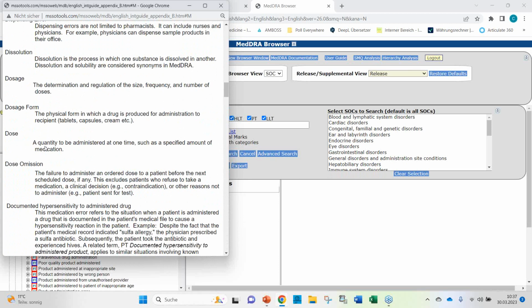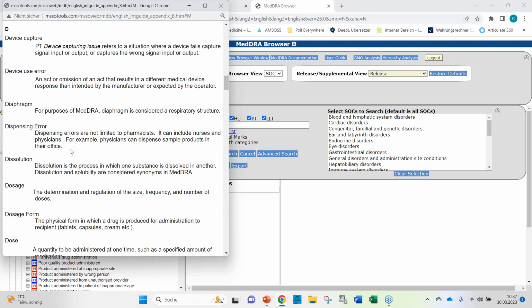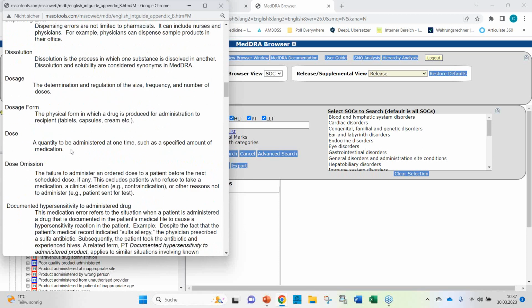A dose is a quantity to be administered at one time, such as a specified amount of medication. So be aware of these really small differences, and if you're not sure, either refer to these MedDRA concept descriptions. If you don't find a concept description, just do some research on the internet in order to really be sure about the descriptions of these terms, the definition of these terms, and how to distinguish them.